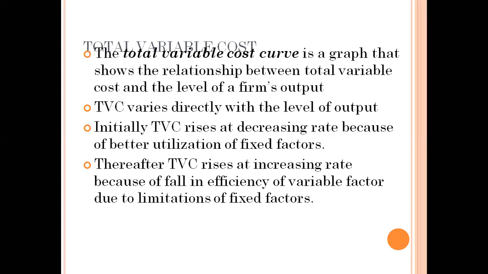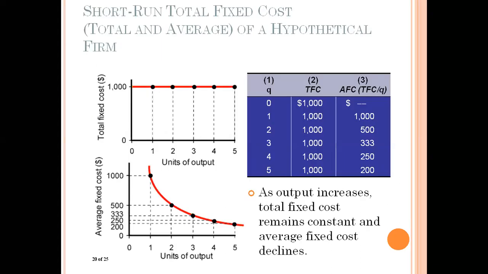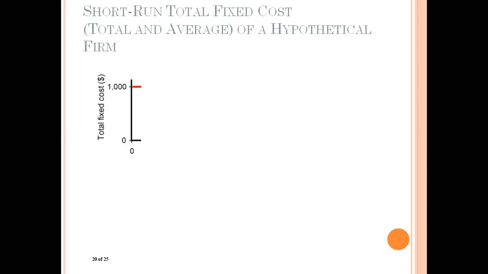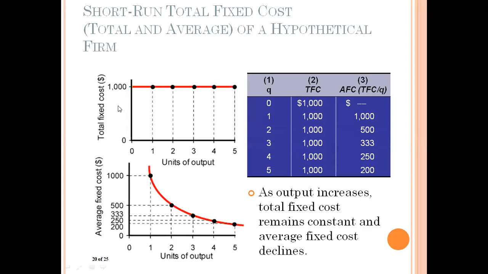And if we look at the diagram of the variable cost, then we will simply say that variable cost makes a shape of inverse S. We will just be watching how it makes the inverse S shape. But when we talk about the diagram of fixed cost, just have a look at the diagram of fixed cost. This is the diagram of fixed cost, the upper one. There you can simply see that the total fixed cost is fixed in nature. It is a horizontal straight line parallel to x-axis.